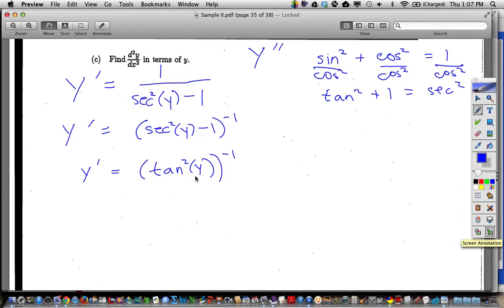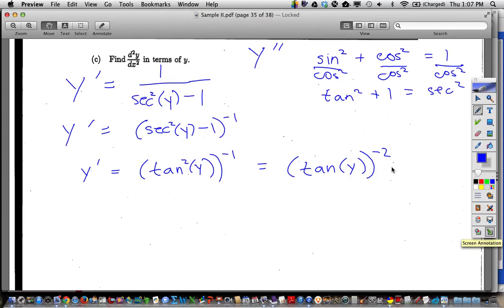Okay? Now, you do have a power on a power here, so probably the smart thing to do would be to write this as tangent to the negative 2. Now again, we're getting into a lot of different little algebra tricks and stuff that you might have seen or might not have seen. So, you know, there could be about 8 different ways right now we could have proceeded here, right? Some people could have done quotient rule in this. Some people could have just went with this. Some people could have just went right here. We could have called it cotangent. We could do this, you know. I mean, so who knows what road you would have chosen to go down,